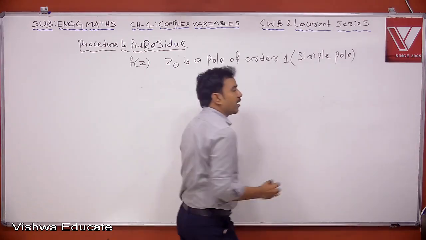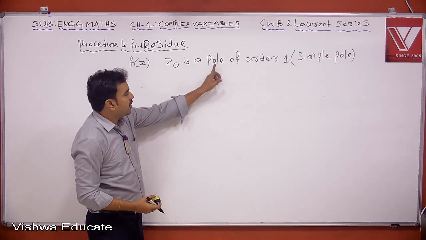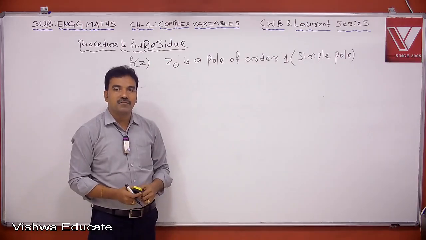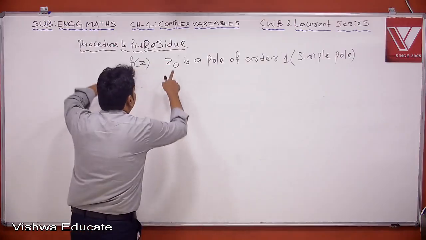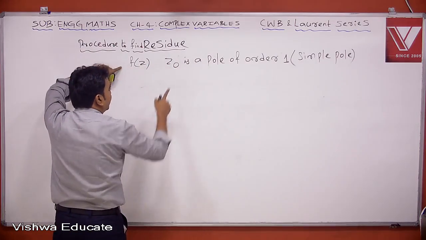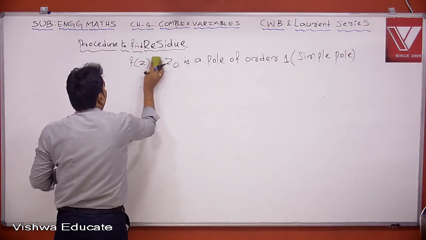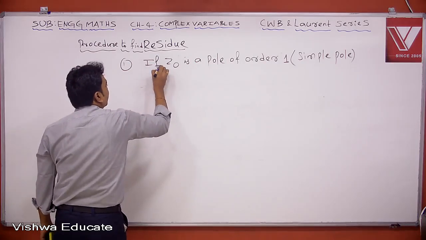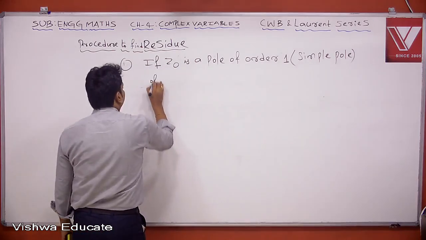What do you mean by the order of a pole? The highest power of 1 by z minus z0. Here I am saying that z0 is a pole of order 1. That means in the denominator, the highest power of z minus z0 will be 1 only, right? So case 1: if z0 is a pole of order 1, that is, a simple pole of f of z,